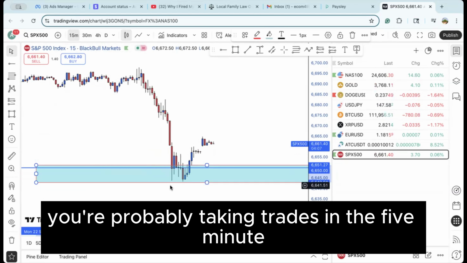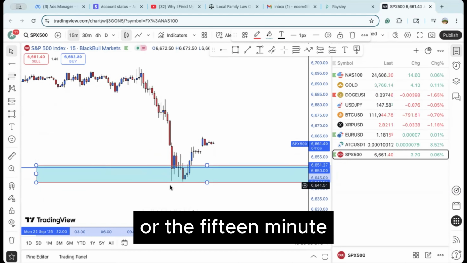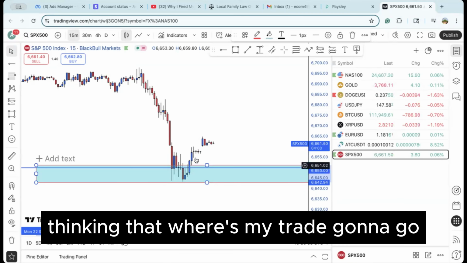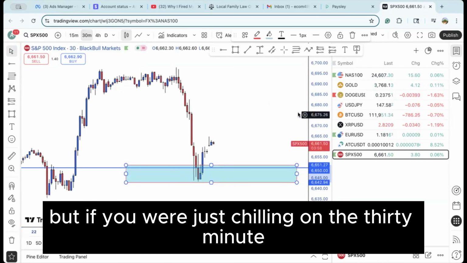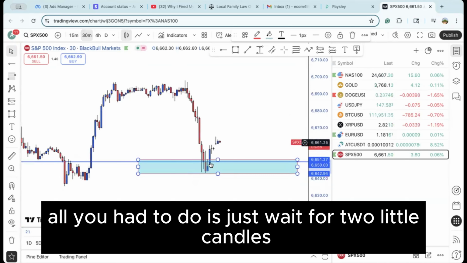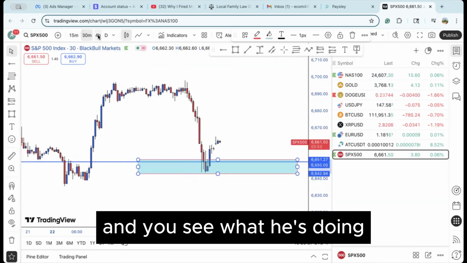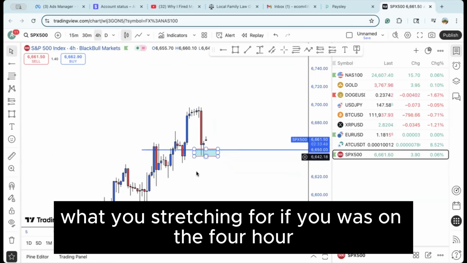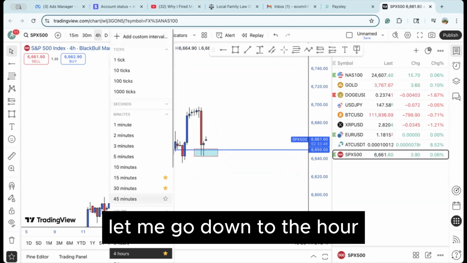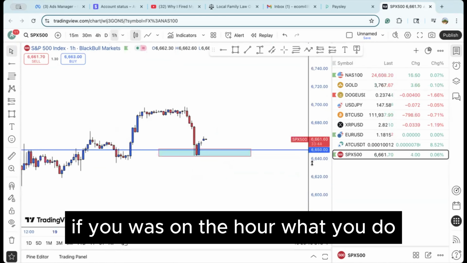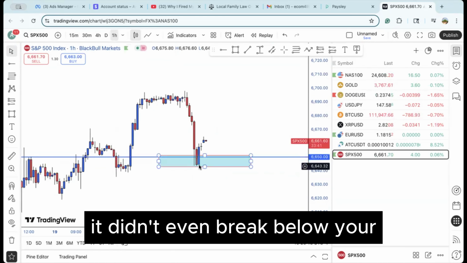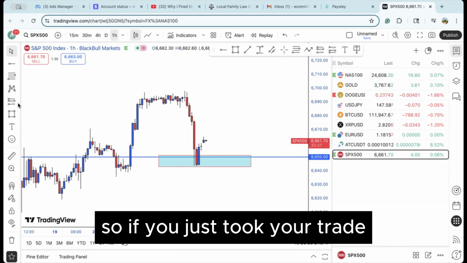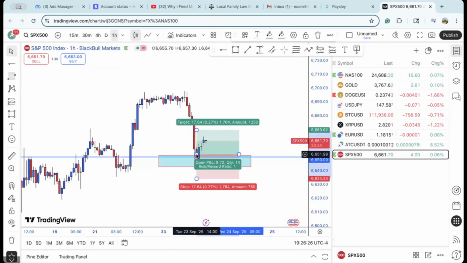I guarantee that you're probably taking trades in the 5 minute or the 15 minute, and you're probably sitting there just in the trade, stressing, thinking where's my trade gonna go? But if you were just chilling on the 30 minute, all you had to do is wait for two little candles and you see what it's doing. Or if you want the hour, what you stressing for? If you was on the 4 hour, you know what I mean? Or let me go down to the hour. If you was on the hour, you just waited for one candle. It didn't even break below your box. So if you just took your trade